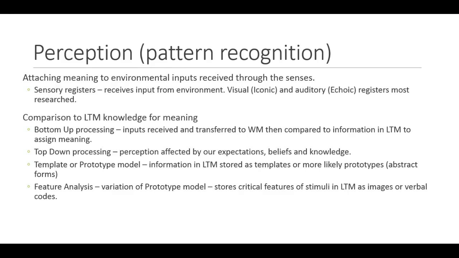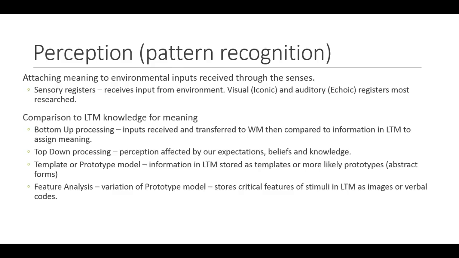And then the way to compare the knowledge in long-term memory with what we're seeing coming in our senses. There are a couple of theories about how that happens. One is a template model, which has kind of been found to be too limiting, and replaced by the prototype model, which says that we store information in long-term memory as prototypes or as abstract forms, so that we don't have to recall specific detail, but we can kind of categorize them in prototypes. And that's how we store information, so we store information about chairs in a chair prototype, so that anything with 4 legs and a back,